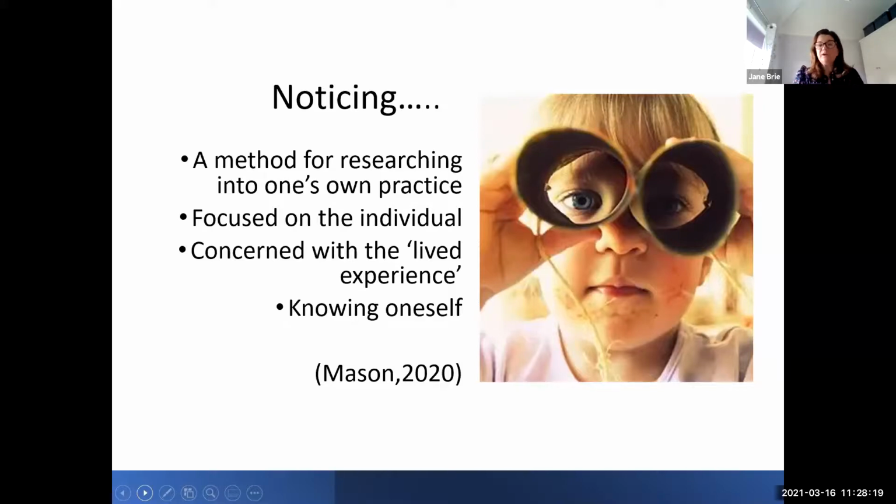We should be moving on. We should be learning. We should be reviewing our own practice, and things should not be static. We should also think about ourselves and our own practice, our own pedagogy, and considering as well our own beliefs, our own experiences, because what we do, how we are as a practitioner, is impacted by our experiences, our upbringing, influences on